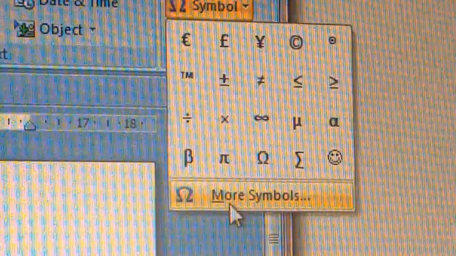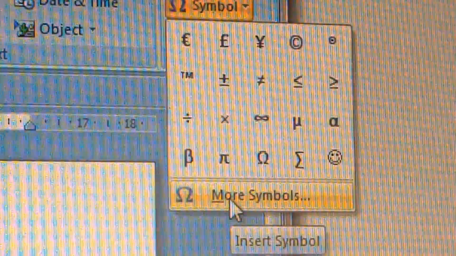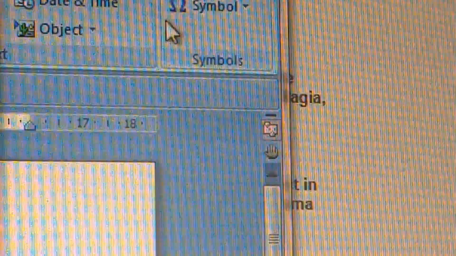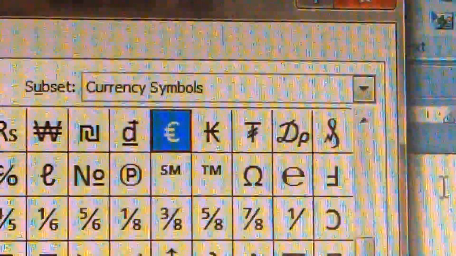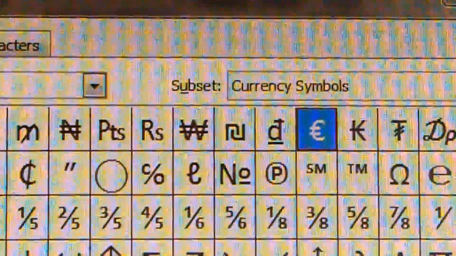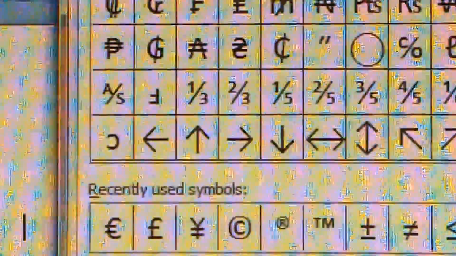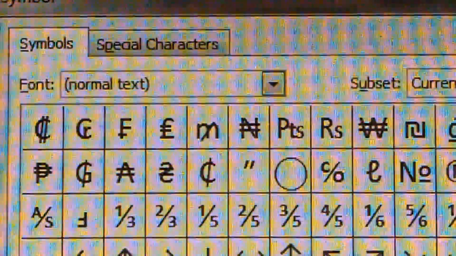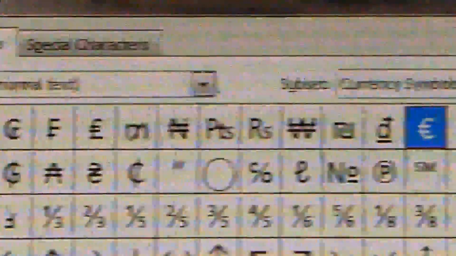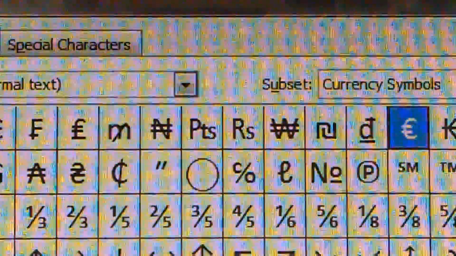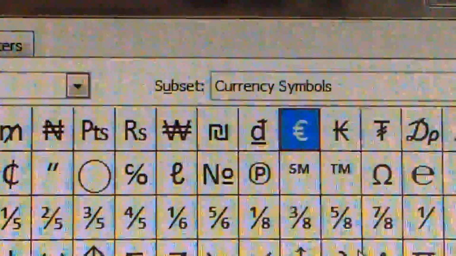Okay, and then it's got more symbols there. Funnily enough, they use the omega symbol there, right? And that's opened up this group of symbols here. I can't get the camera far enough away and still be in focus, so sorry about that. But there's a whole bunch of